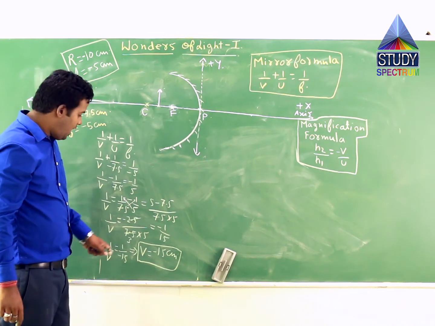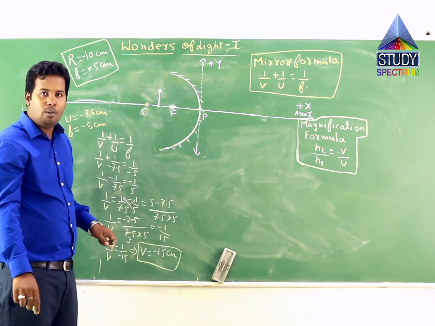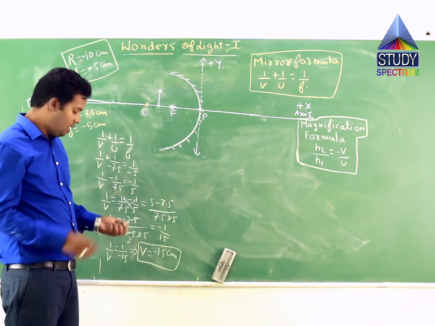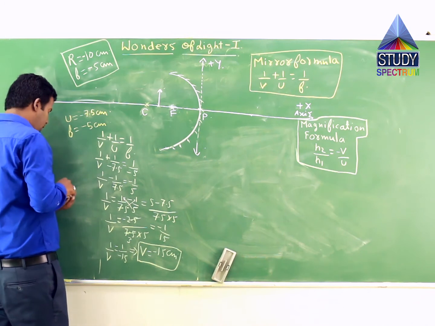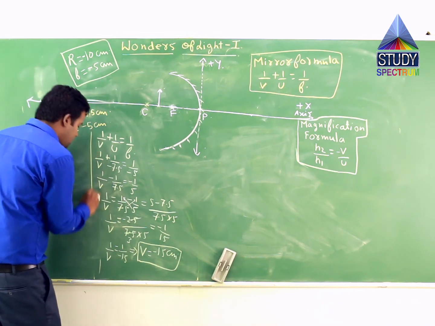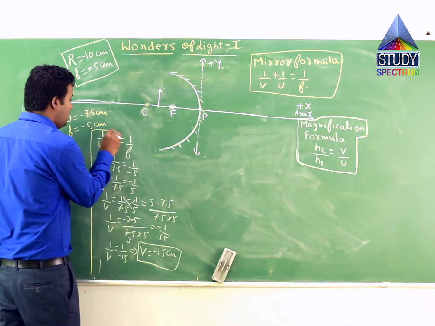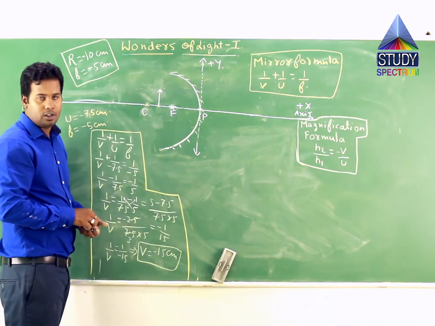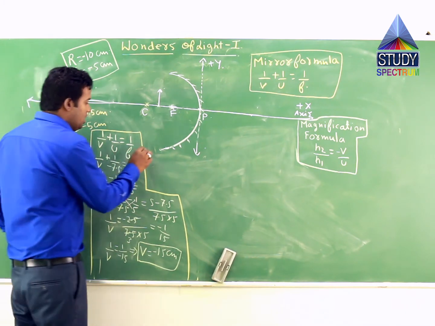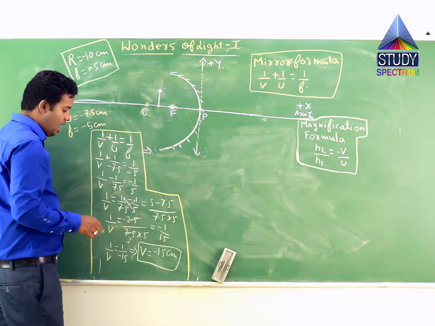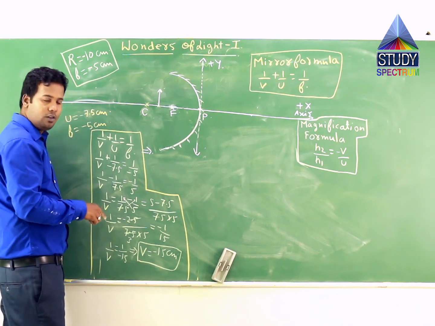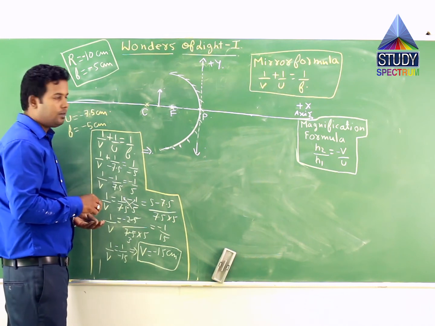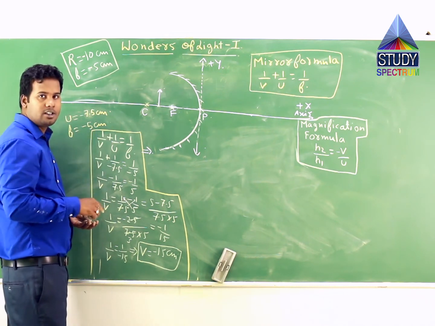Correct? So finally in this case also, with the help of mirror formula, I have found the position where the image has been formed. It means it will help us to give two results. One is the position of image and the other is whether the image is real or virtual. Since I have found the position of image, it is coming out to minus 15 centimeter. Let us try to locate where this minus 15 centimeter is actually on this x-axis.